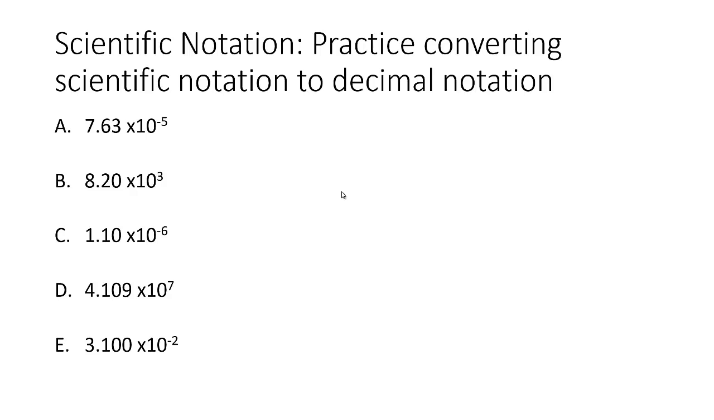Alright, so try the other direction. So all the rules are going to be backwards. This time you're going to convert from scientific notation to decimal notation. So for this first one, 7.63 times 10 to the negative 5, that means you're going to take that decimal and you're going to move it left 5 places. 1, 2, 3, 4, 5, and it's going to end up being